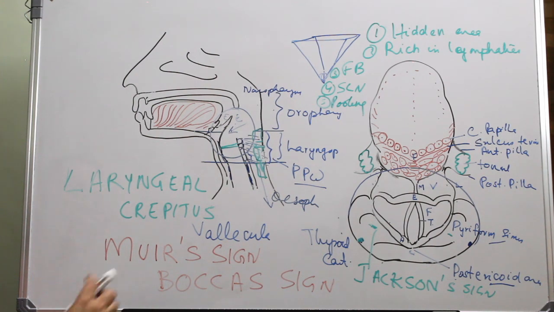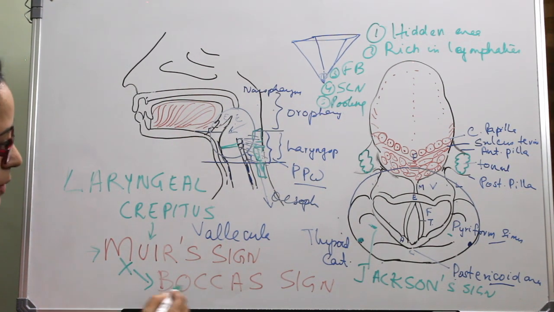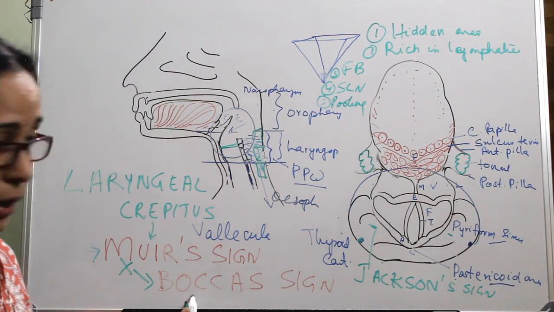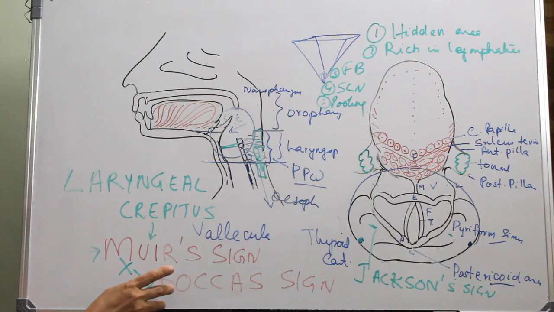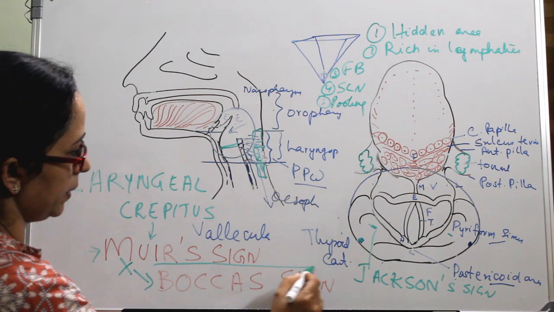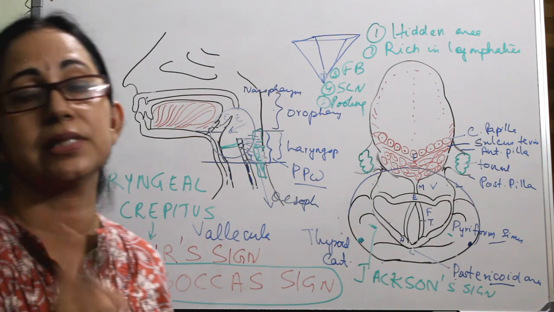So the presence of laryngeal crepitus is Muir sign, and if it is absent, it is Boca sign. Don't get confused between these two. At least you remember Boca sign. If you can't remember Muir sign, just forget it and remember the Boca sign, which is absent